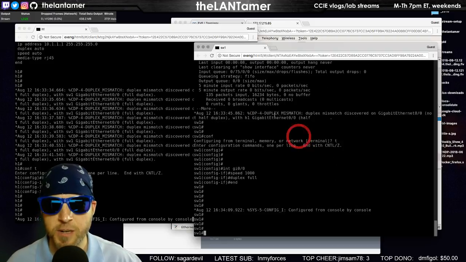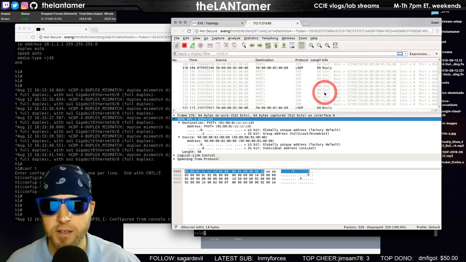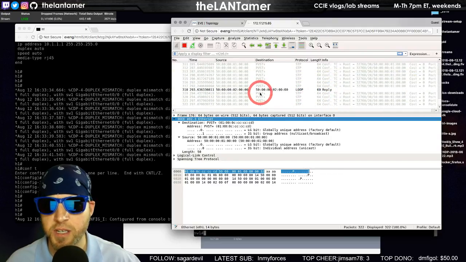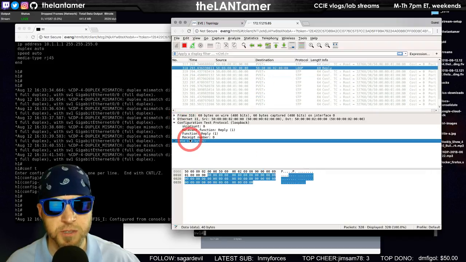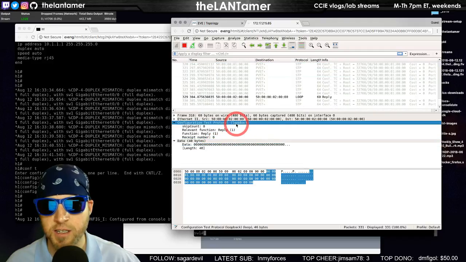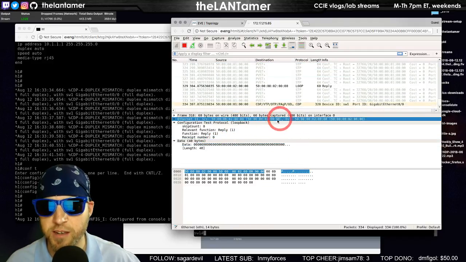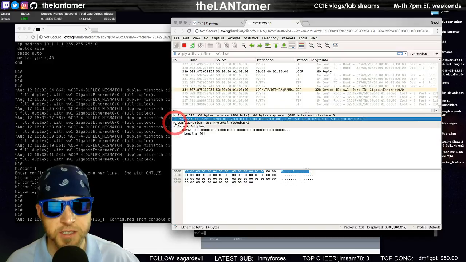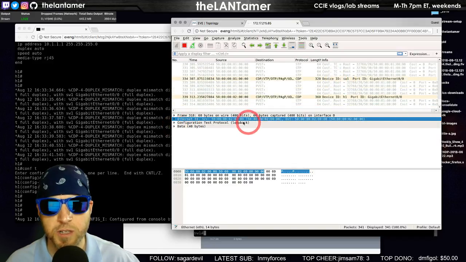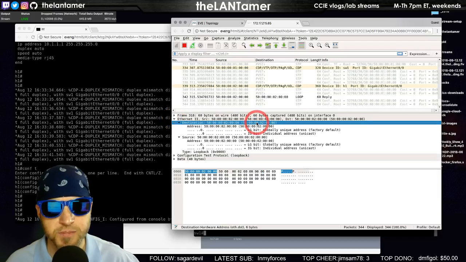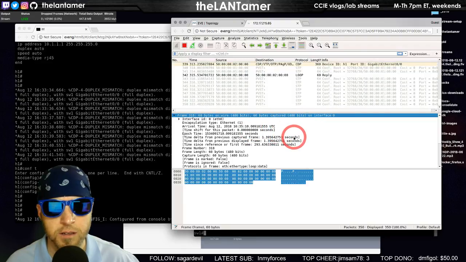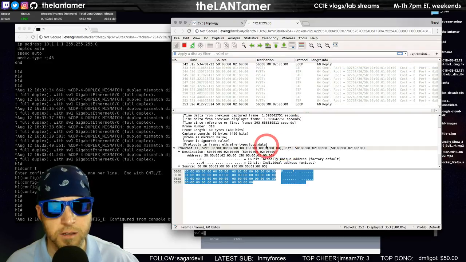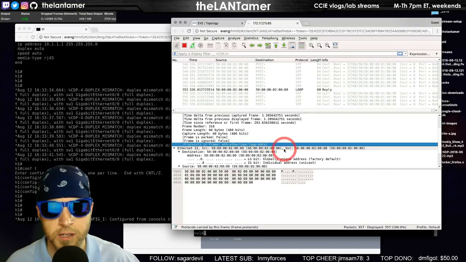All right, so getting back to what we're talking about, no DTP on here, right? We do have CDP. We do have loop configuration test protocol. I'm not even sure what that is, but I've seen this a lot. That may be making sure there's not a loop, so it's sending out the frame, and if it gets it back on the same interface, it will know. If anyone knows what that is, what is the ether type or the protocol type here? Ether type loop data, which is protocol type what?